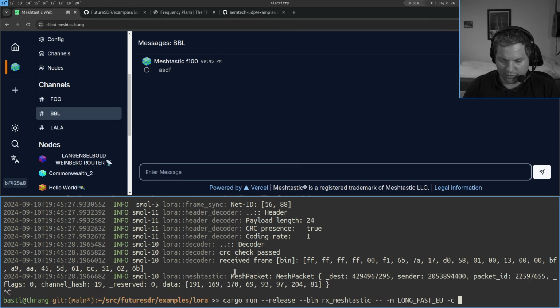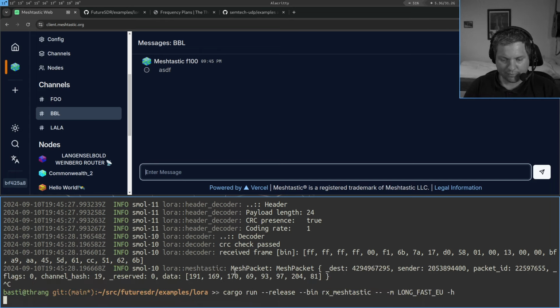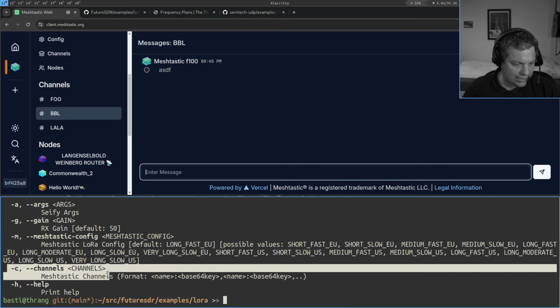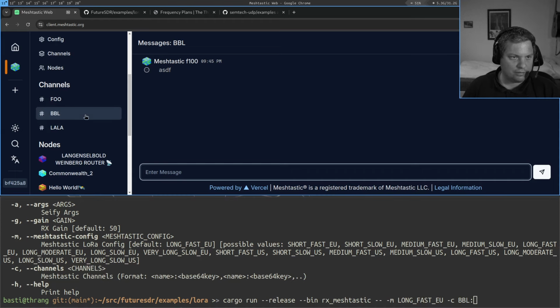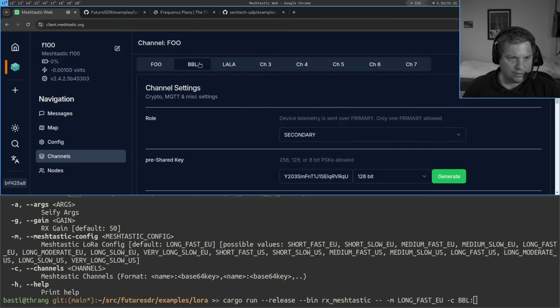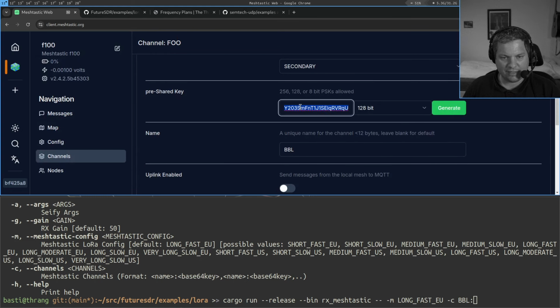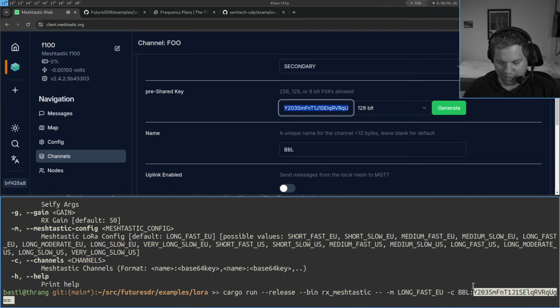But we support this also here. So there's this channels command line argument where you can put the channel. So in this case, BBL: and then we copy the key. So this base64 encoded